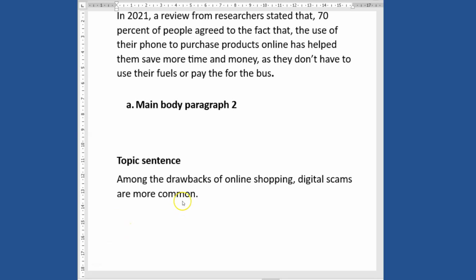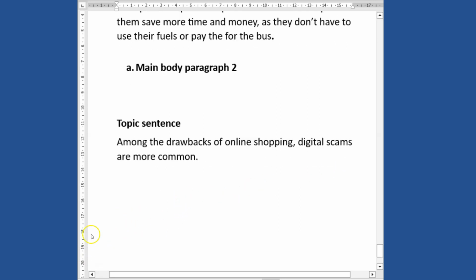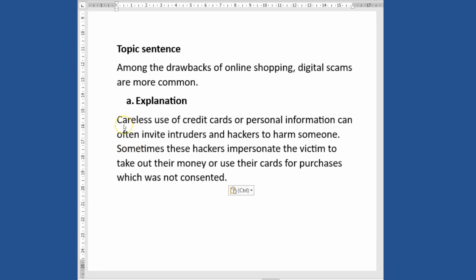Okay, so we started with the topic sentence and digital scams. So I'm going to explain and then I'll give an example. So with the explanation, we continue by saying that careless use of credit cards or personal information can often invite intruders and hackers to harm people. Sometimes these hackers impersonate the victim to take out their money or use their cards for purchases which was not